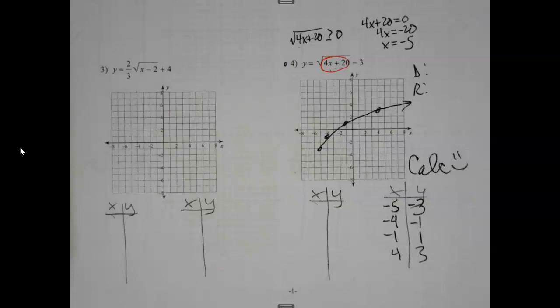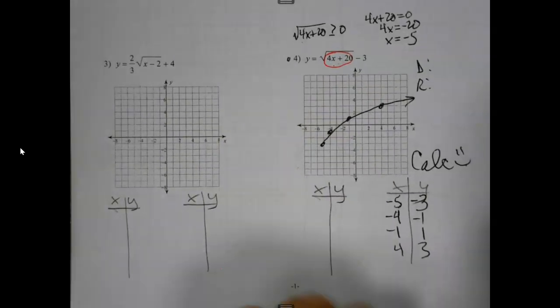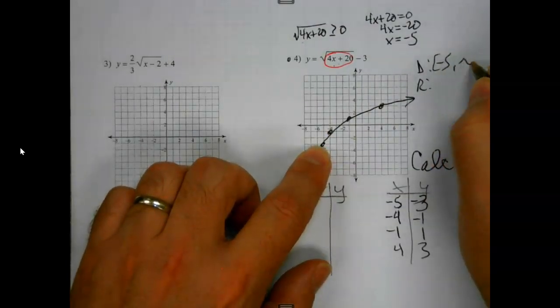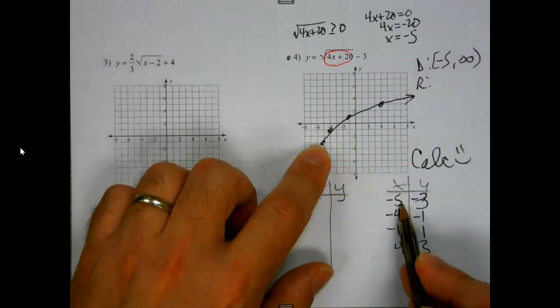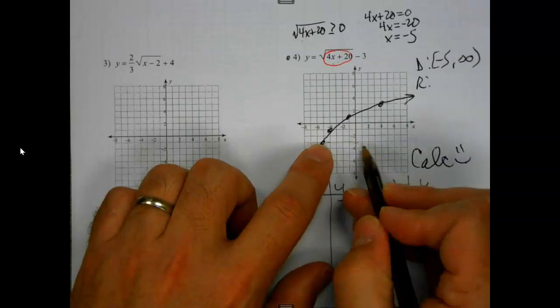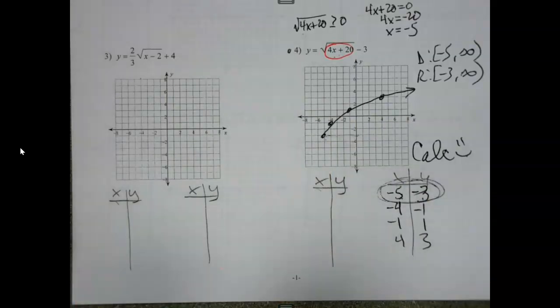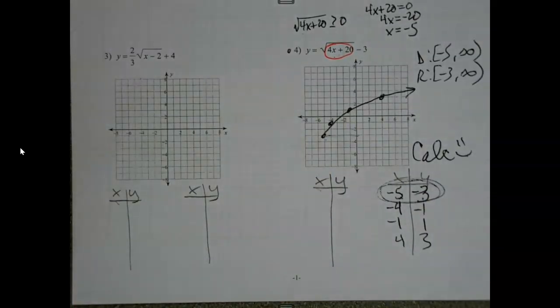So does that change our domain and range rules at all? No, not a bit. I am going to write my transformations in here in a minute, and then I'm going to be done and get out of the way. So I look, starting at -5, going to infinity, first x value. Y, starting at -3, going to infinity. That doesn't change. That first point's still going to give you the value that you're looking for there. So again, play with these some. Check answers as you go. Make sure that you're on top of this and not constantly